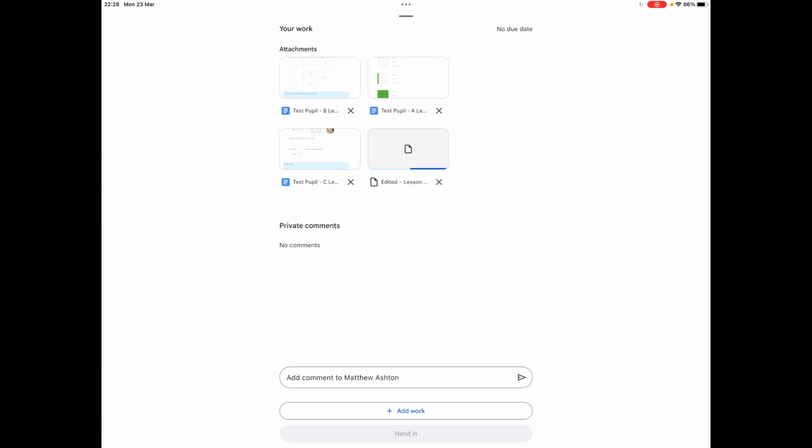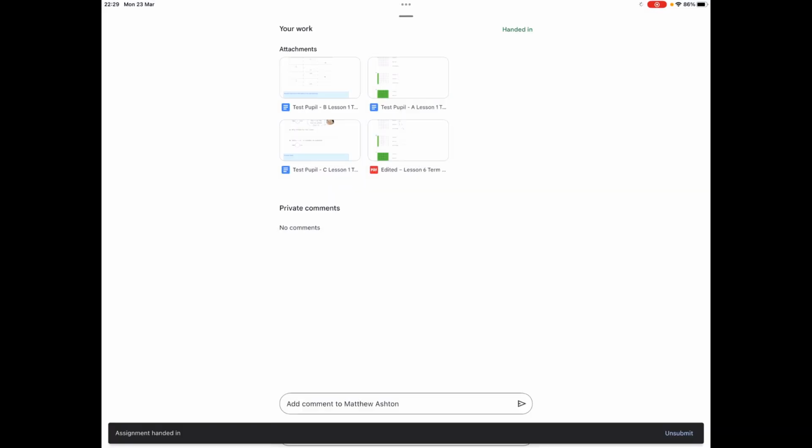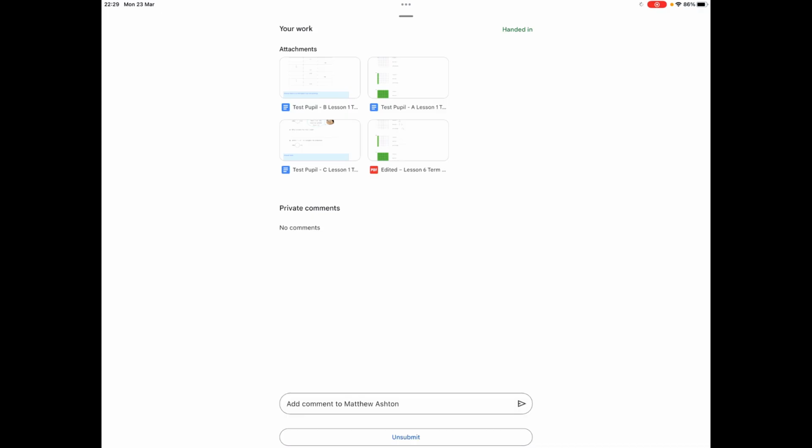Takes a bit of time, but once it's ready, if you notice at the bottom there is a hand in button, and once you've pressed that it will be submitted. I'll press it now. Okay, hand in. And then I, teacher, will be able to see that, mark it, and I'll be able to return it to you, and you can see my feedback, and you might be able to submit some improvements as